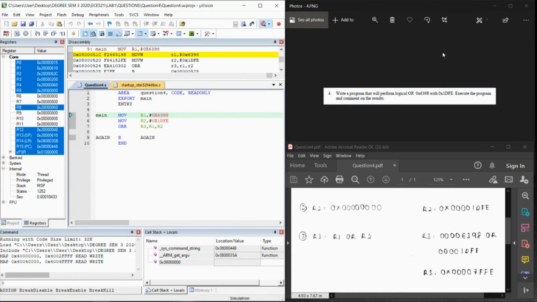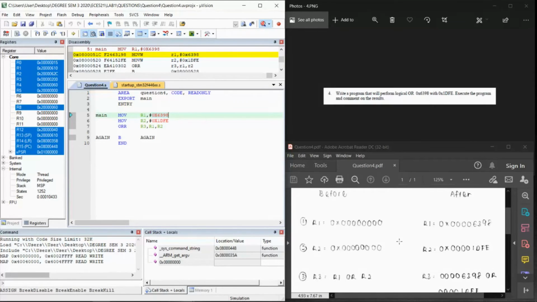For question number 4, write a program that will perform a logical OR of 0x6398 with 0x1DFE. Execute the program and comment on the result. As we can see here, this is my simulation for question number 4, and this is my manual calculation. For the first line here, I use the MOV command to store the value of